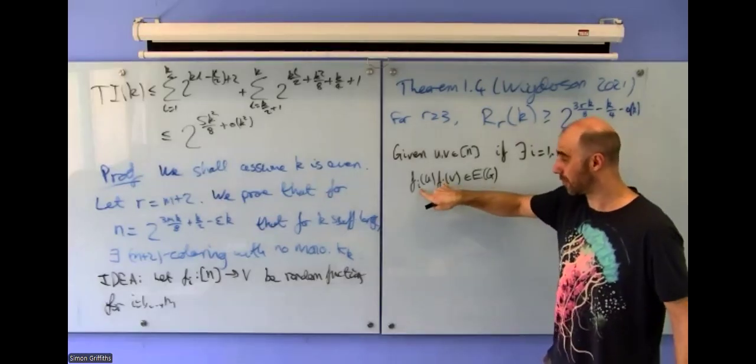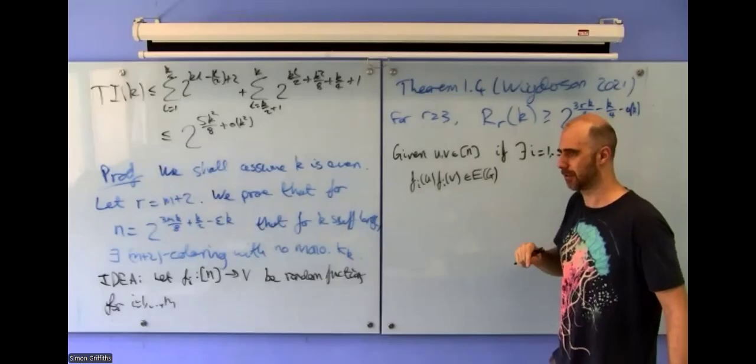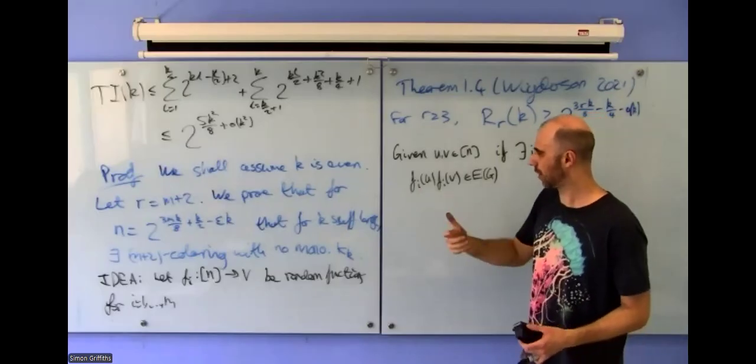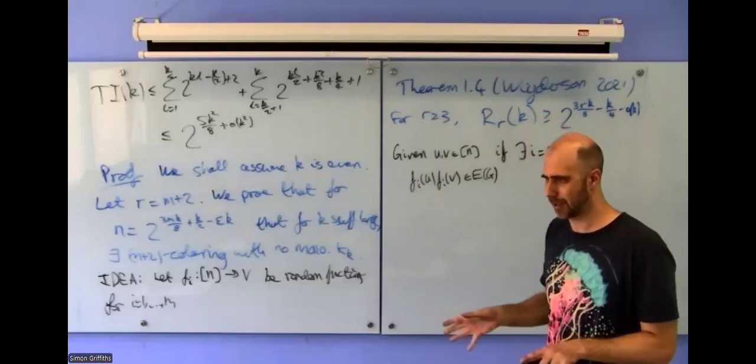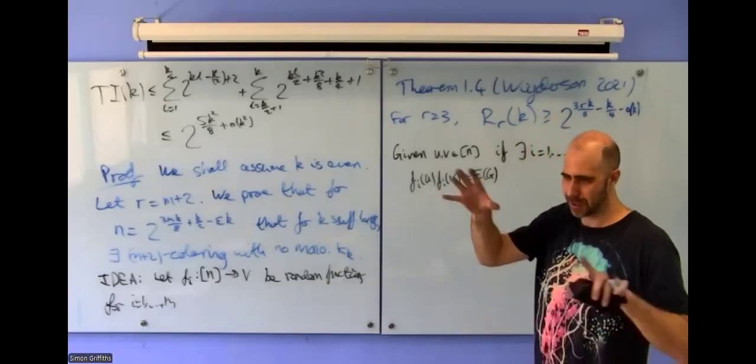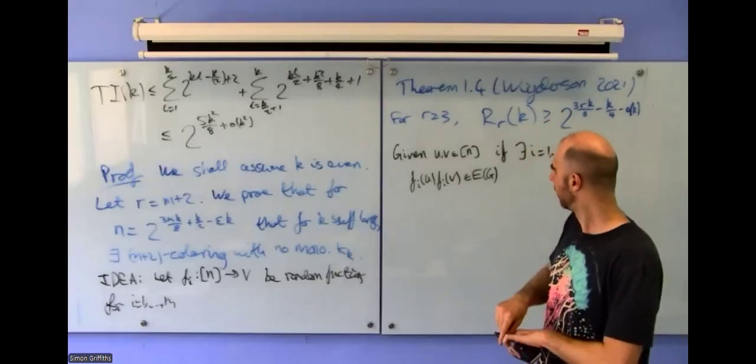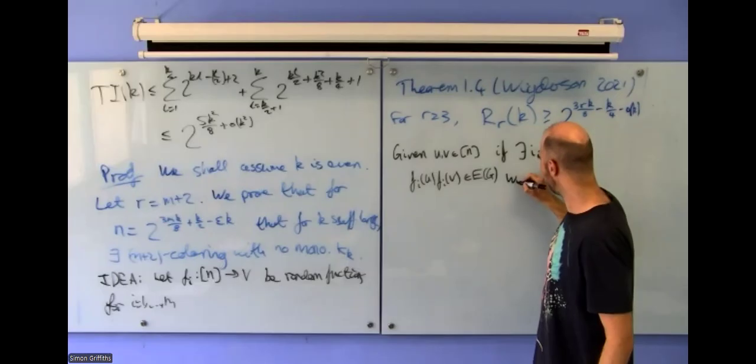UV with that colour i. Basically, the things you colour with colour i are exactly like in that sketch picture. You're going to colour anything which is in this blow-up of a copy of G. So with colour i,